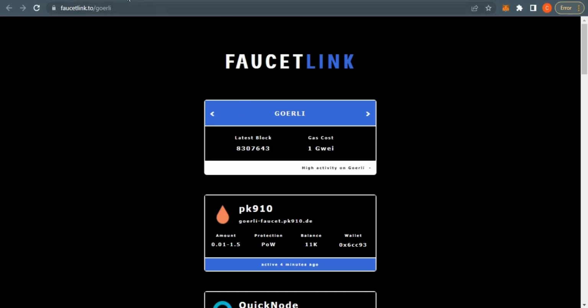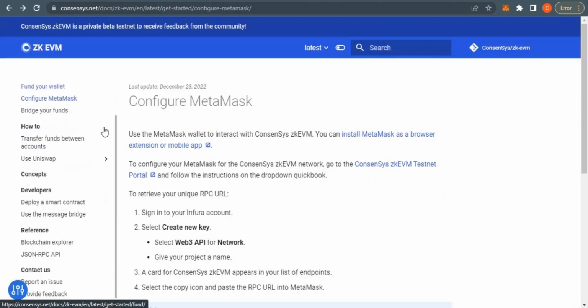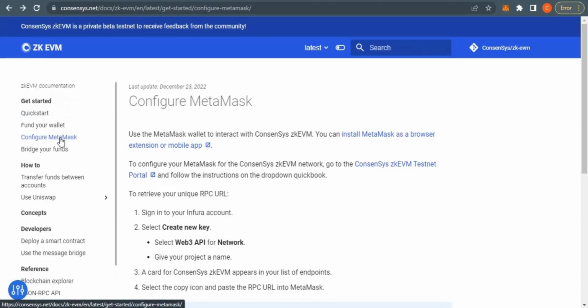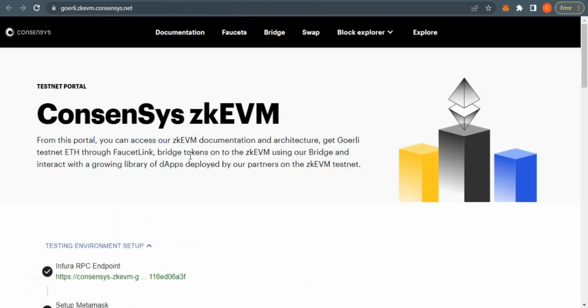Okay, so the next, now probably we have gotten the testnet faucet. Okay, so we're going to go to the next link. Okay, this is the testnet portal. As you can see here, Consensys